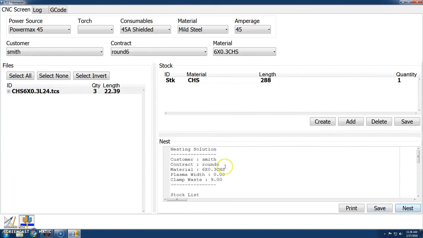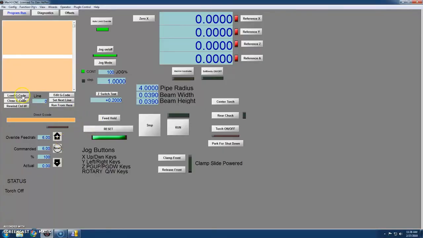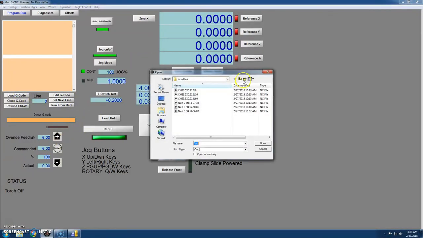You can now nest it. We now have a nesting report. It shows us that we utilized 23.43% of this. 229 inches are going to be cut off. We can now go into our control program, load G-code, make sure that we're at the right